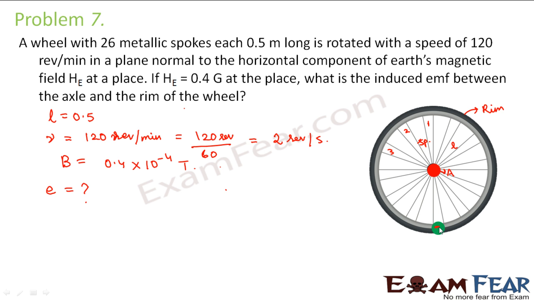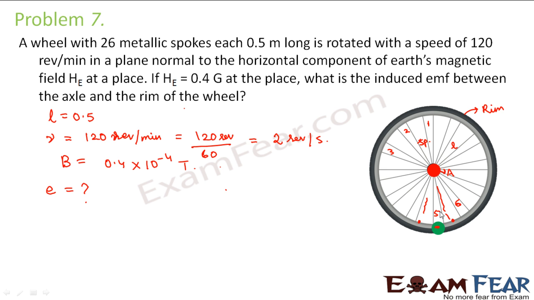So let us suppose if I consider a point, this green point and this point. So let us suppose if I assume that I have to calculate the induced EMF between these 2 points. So what will happen? After some time, let me call it as 5, let me call it as 6. So this 5 will get displaced and it will go somewhere here. The 6 will come somewhere here. So what is the area that is covered? The area covered will be this much area, right? So this will be the area covered.